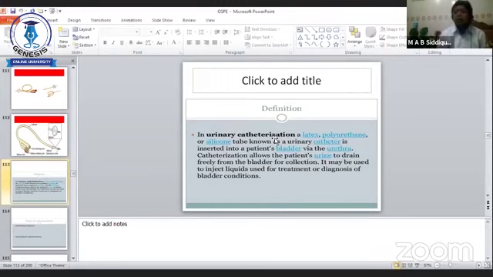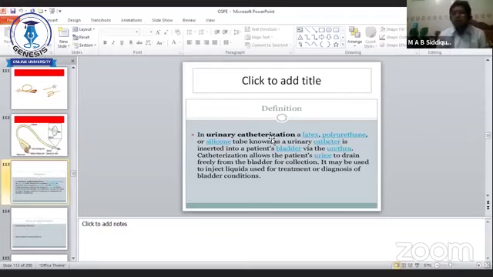When you need catheterization for a prolonged time, it is better to use silicone to prevent blockage or retention, and even the infection rate is less. So when you need catheterization for a prolonged time, the silicone catheter is better than the latex one. But when you need a catheter for a short time, you can use the latex catheter,